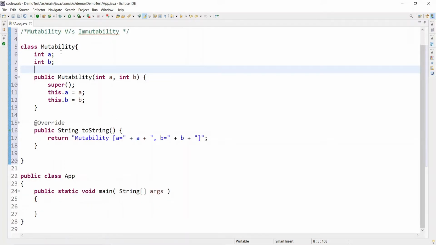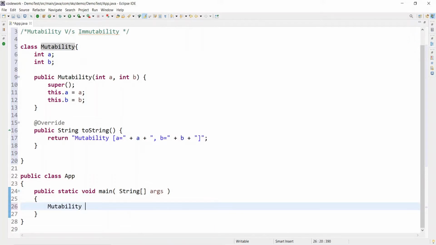Thereafter, let's create an object of the Mutability class. Mutability m is equal to new Mutability, and I am passing here 20 comma 30.